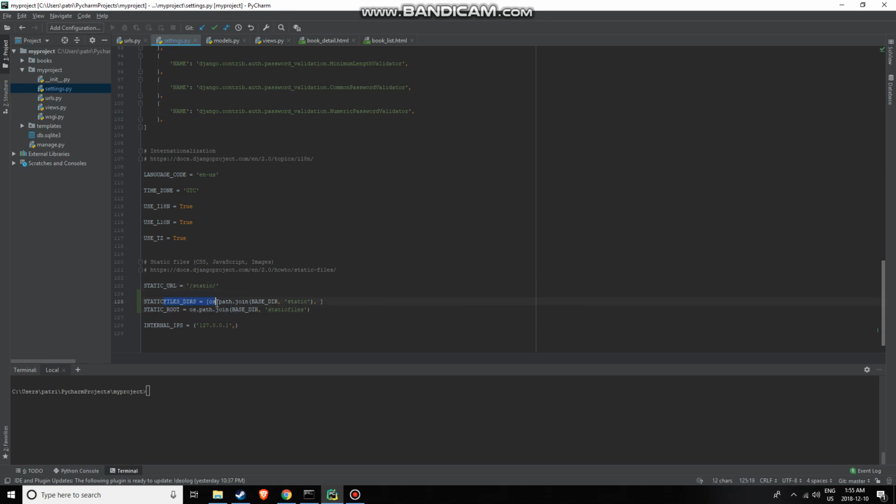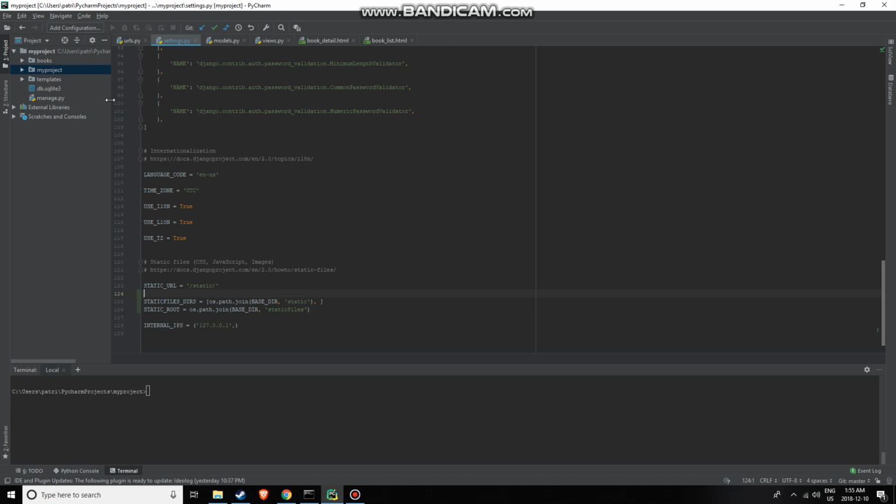The difference is STATICFILES_DIRS is making the static files for each specific app in your project. So in this instance we have a project with one app called books, and STATIC_ROOT is setting the static files directory, which is used to collect the static files from all your different apps into a single project folder. You don't really have to worry about that right now. It's used mainly in deployments for a server, just to make serving static files easier. But anyway,